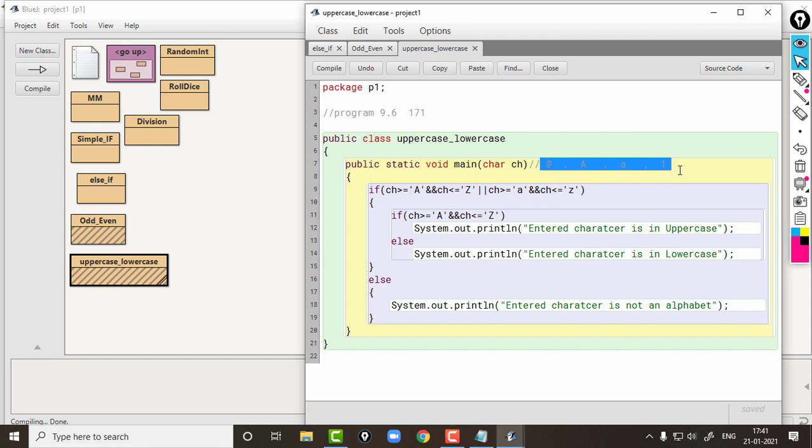Students, suppose we are going to give the value h. Okay, h will be copied to the variable ch, isn't it?